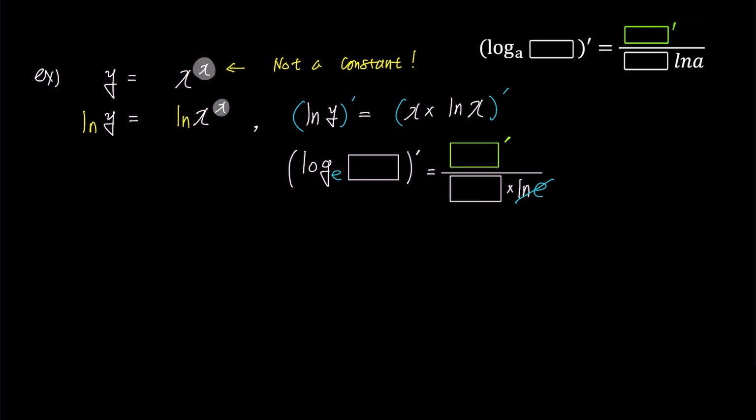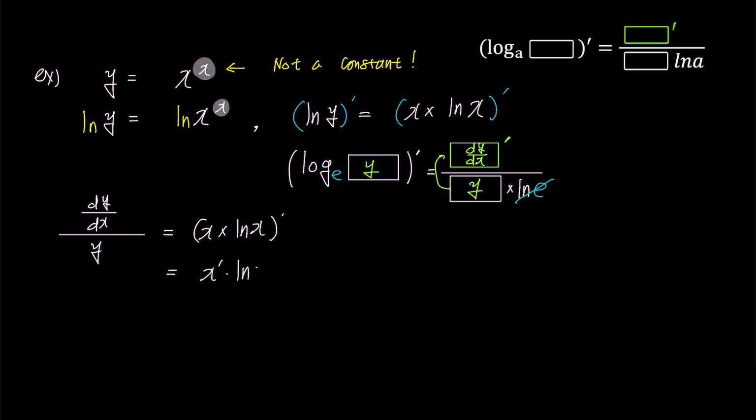In the left box, we put y, and in the right denominator box, we also put y. Now, we need to put the derivative of y in the box prime of the numerator, which is simply dy over dx, as you know. We have differentiated the left side of the equation, and the result is dy over dx over y. For the right side, x times ln x, since it is a product of two terms, we'll use the product rule. It becomes x prime times ln x plus x times ln x prime, which simplifies to 1 times ln x plus x times 1 over x. Writing more simply, the expression becomes ln x plus 1.